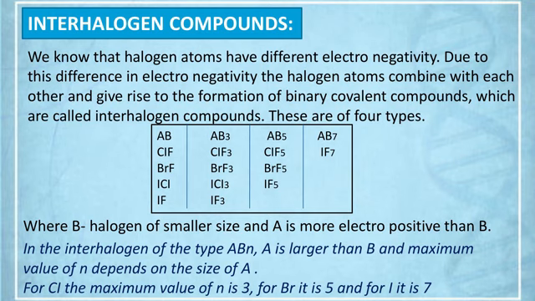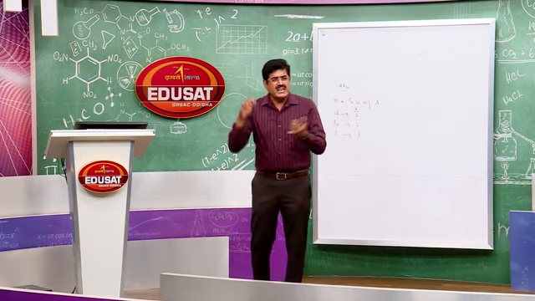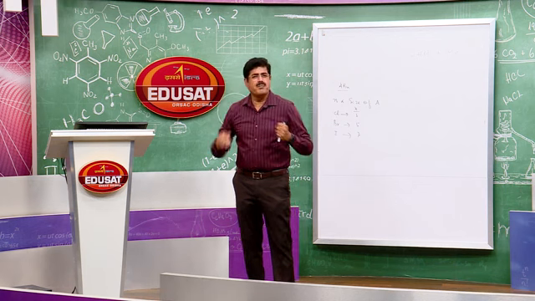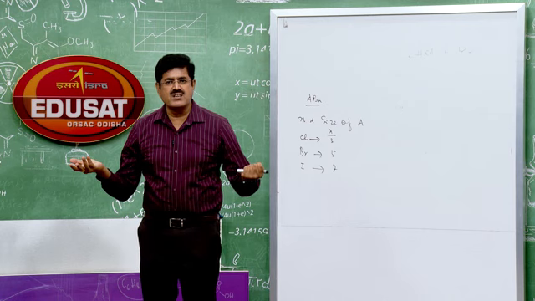Usually AB7 is possible with fluorine. I mean B must be fluorine and A must be iodine. That IF7 is the compound. Why is this so? Because fluorine, being more electronegative, can contract the size of d orbital, so that hybridization is possible. In IF7, you know what is the hybridization of IF7?